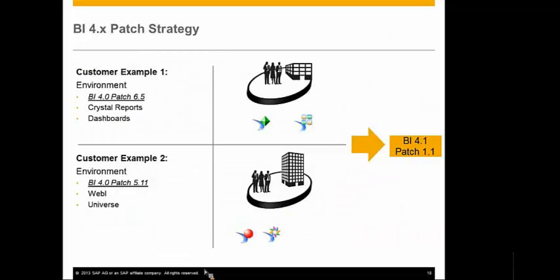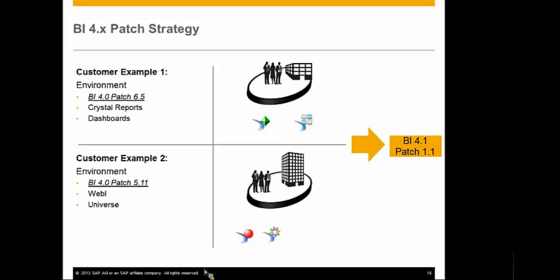So now I want to put some things into practice here. I'll give you a couple of examples, and I'll walk you through the first one to show you how you can leverage some of the tools that I just talked about to build your maintenance strategy. So let's imagine we have a customer who's currently running BI 4.0 patch 6.5, and they're dependent on using Crystal reports and dashboards for their business. Maybe they've talked to our AGS department and found a problem that's scheduled to be fixed in BI 4.1 patch 1.1, and